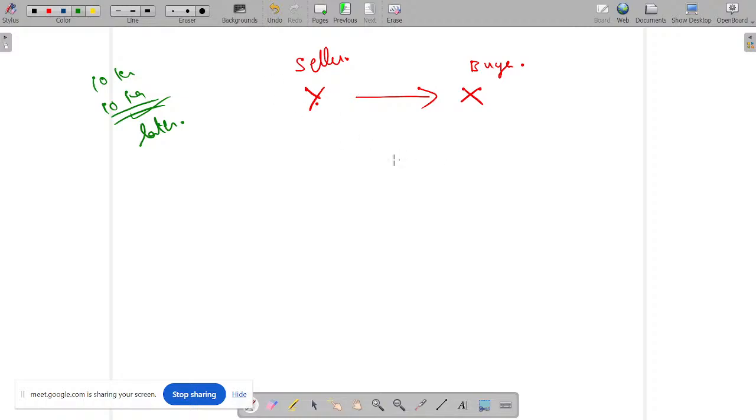There is another person called Z. You know this story already. He comes and says, ma'am, if X is not giving the payment, then I will give the payment to you. What does this remind you of? Indemnity and guarantee. Am I right? If X is not giving the payment, I will give the payment on behalf of X. See, I have the hope you are a regular customer of mine. I have the hope. So I don't want to rely on Z.